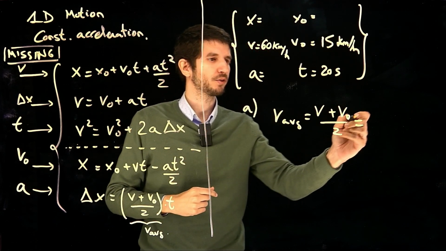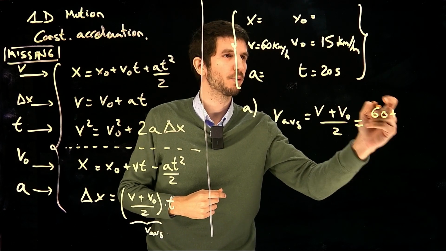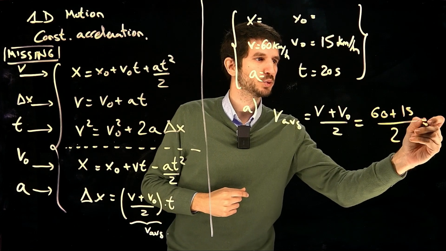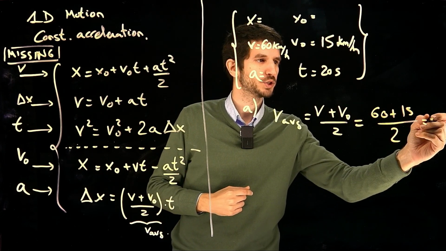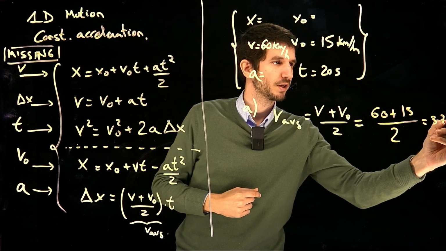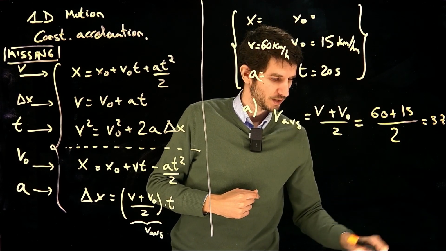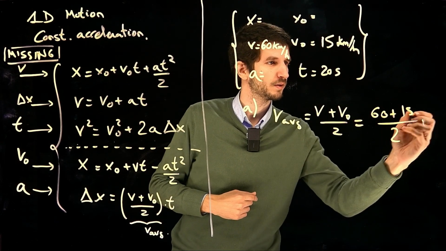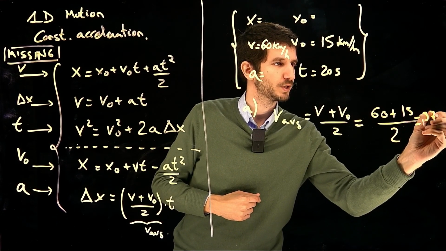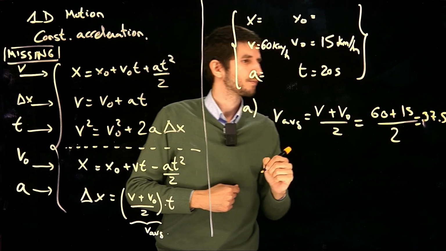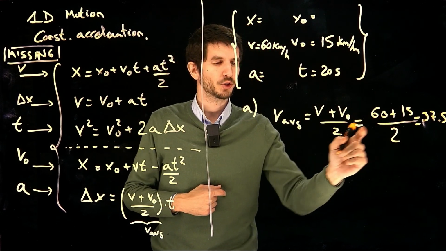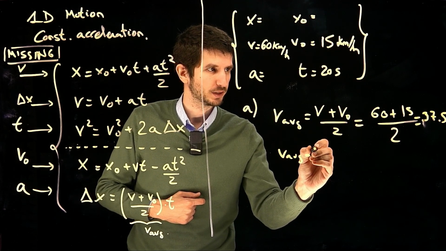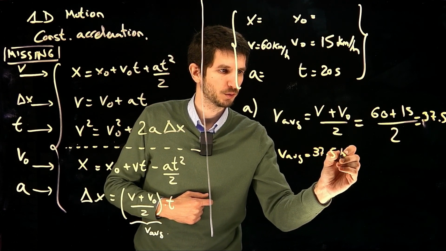So in this case, we have initial velocity 15 kilometers per hour, final velocity is 60 kilometers per hour, and this is divided by 2. So this is 75 divided by 2, which is 37.5 kilometers per hour. Okay, so 37.5 kilometers per hour, then we have the average velocity, let's write it down, 37.5 kilometers per hour,